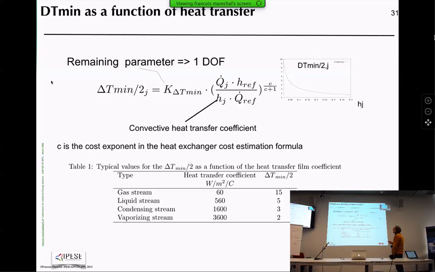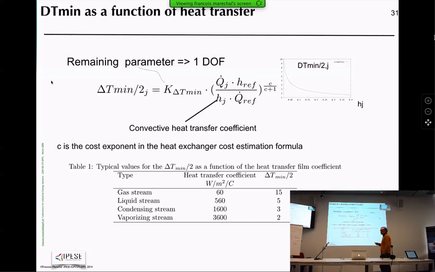So what I'm recommending here as a value is a contribution to the delta T minimum for each of the streams, which is equal to a parameter that will be common to all the system, multiplied by a factor here, which will take into account the fact that we can have streams with different sizes, with different heat transfer coefficients, and that are related to a specific exponent for the cost coefficient. We can demonstrate that the delta T minimum is following this kind of rule, which allows them to represent